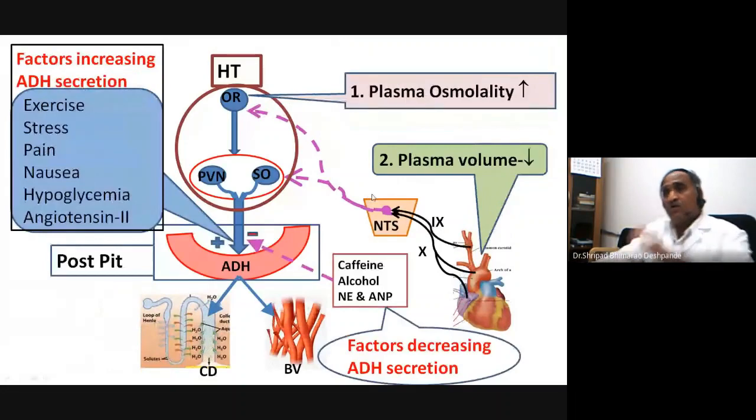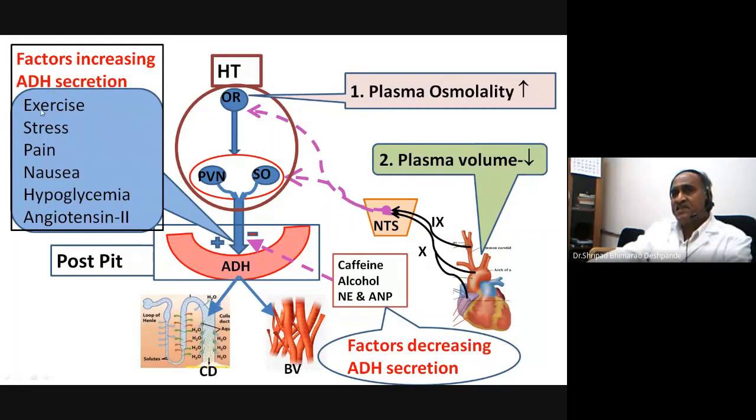Okay, so that's not all about ADH secretion. There are many other regulators. Now I have listed here the factors which increase ADH secretion and the factors which decrease ADH secretion. So let us start with the factors which